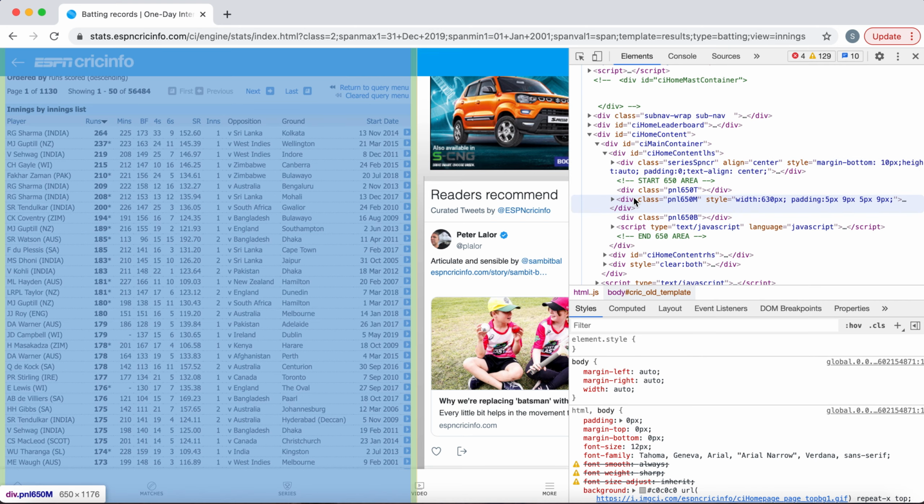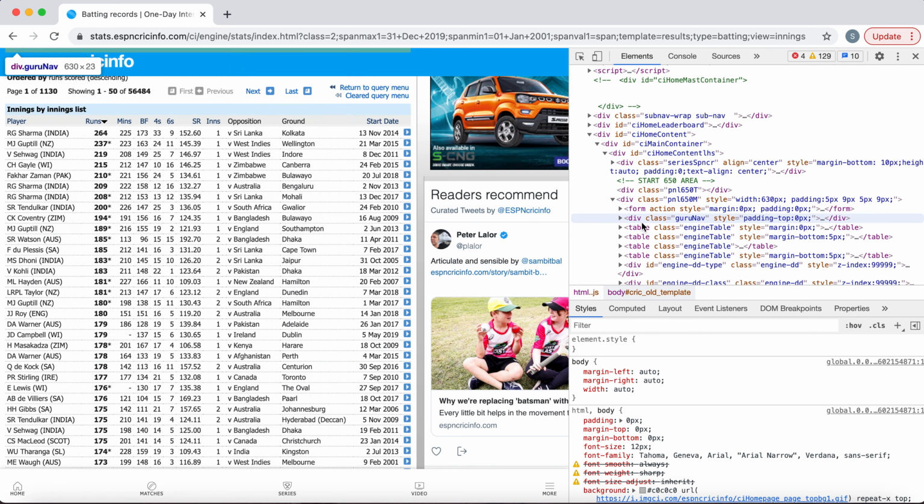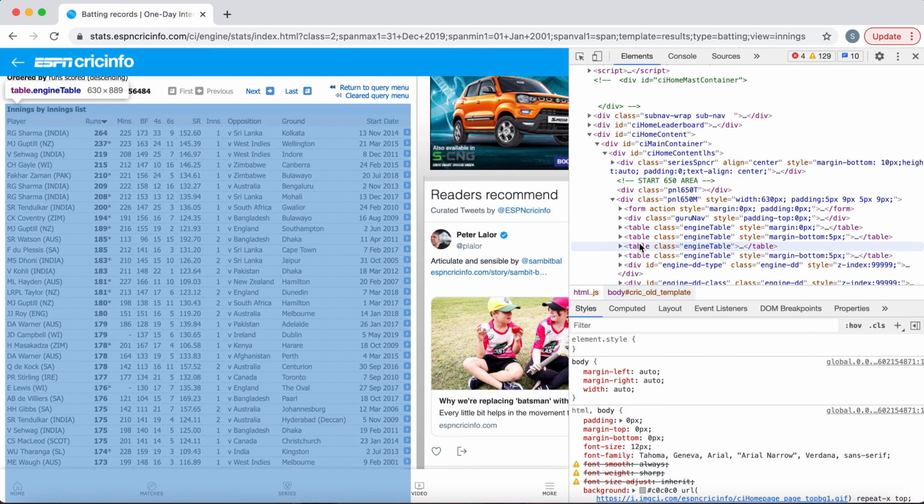After that, as you can see, there are four table tags. We are interested in this third table, as our data is in this third table.